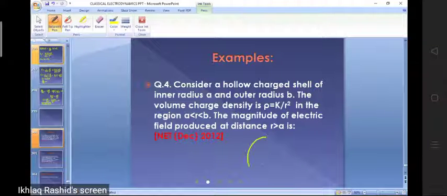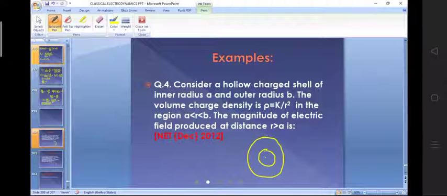It's simply like this. This is a spherical shell, asked in NET 2012. Inner radius is given, that is equal to A, and outer radius is given, that is equal to B. And here the charge density is non-uniform. And that's given to you, rho is equal to K divided by r square, where K is a constant. You are supposed to calculate the electrostatic field in two different regions. Number one, r greater than A, that is between A and B, and r greater than B.